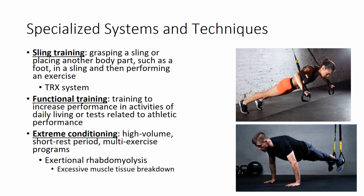You can also incorporate functional training, and this is training to increase performance in activities of daily living or tests related to athletic performance. This is gaining a lot of popularity within the health and fitness community. You probably will see this as individuals doing deadlifts where they'll have a split-legged stance, and by doing so your knees are bent a little bit more. You're still performing that hip hinge and doing a deadlift,